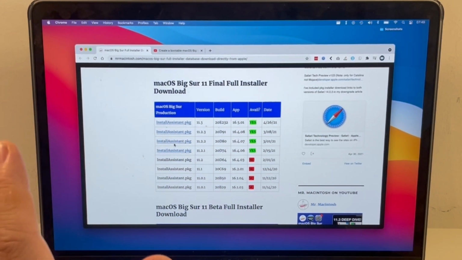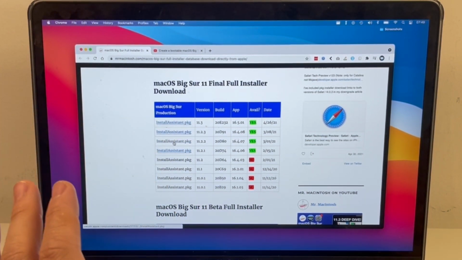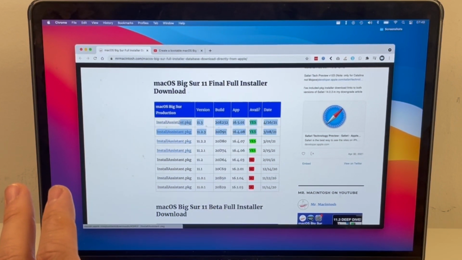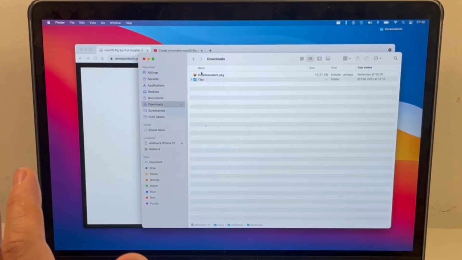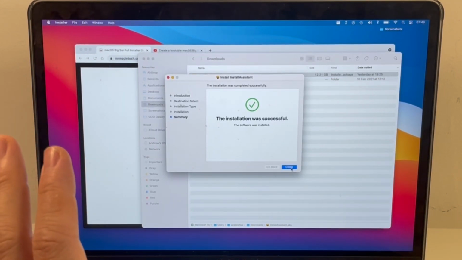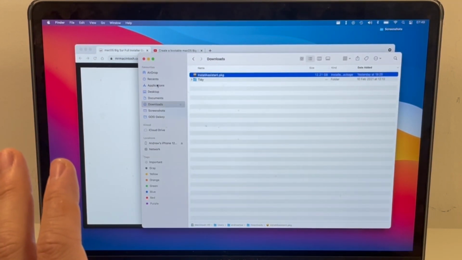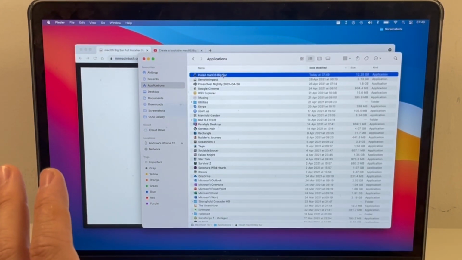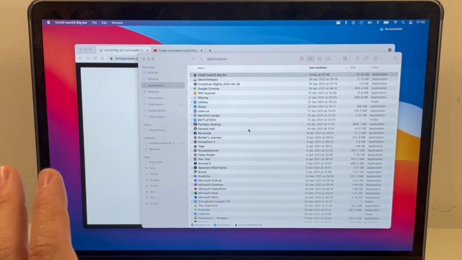This Mr. Macintosh page brings you to an installer package, and what we can do is download the 11.2.3 version, which is the last version which allows sideloading. Once that's downloaded, we can double click the install package, and basically what that will do is unpack the installer into the applications folder, and then we have the install macOS Big Sur here. And then what we can do is double click on this,